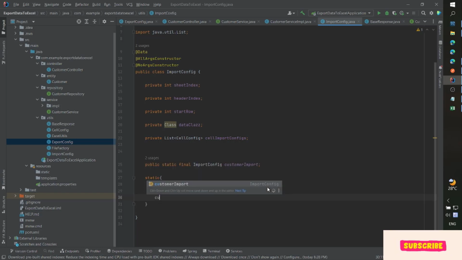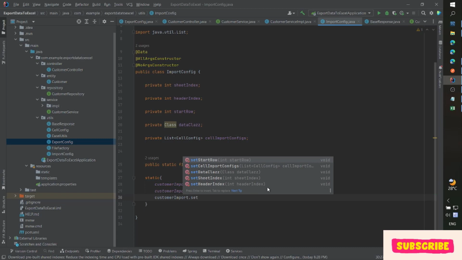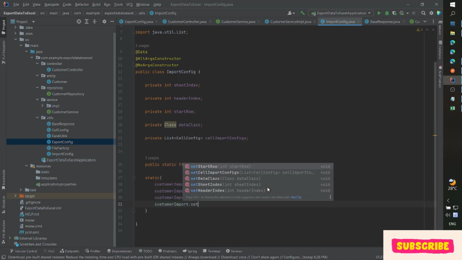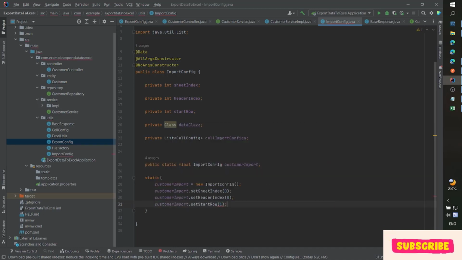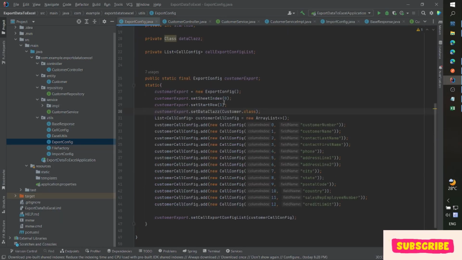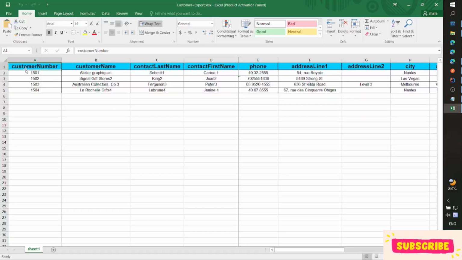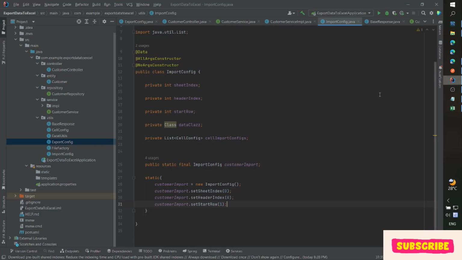And customer import dot set header index, because the index of the header is from the header and the first row, then it is 0. Customer import dot set start row is e1, start row e1. We got row 1 here,